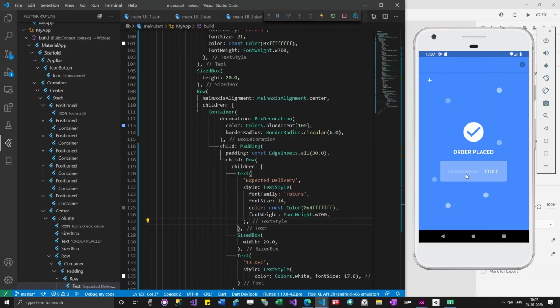Expected delivery, I feel like this is very small. Let me make it maybe 20. So I am taking my own decisions rather than just simply going with this size.